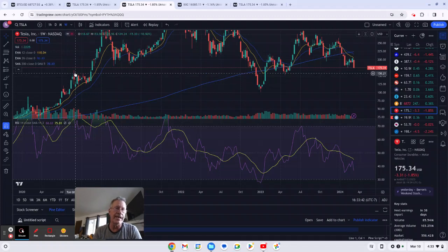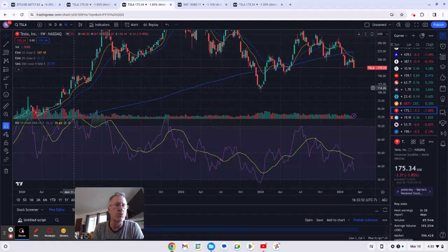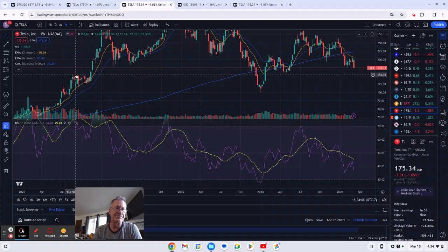So on the upper end, I'm going to use 167, and on the lower end, it's 124. So that's the range, 167, 124. So from 167 to 124, if you're patiently waiting, then if you were to start buying at that area,